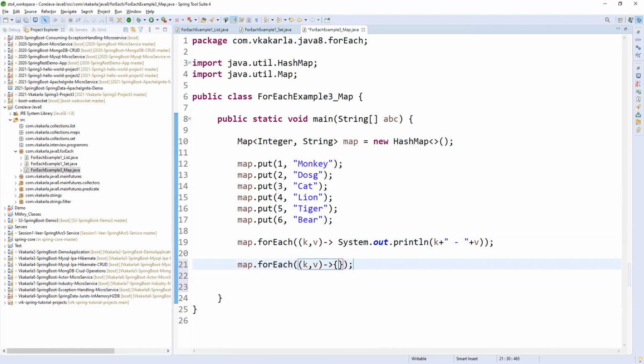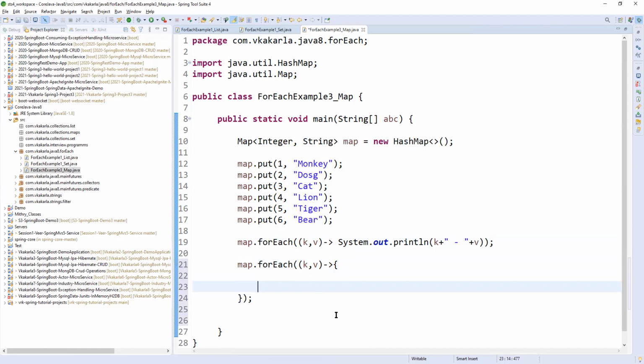We can open and close. This is the method body, so functional interface body. So now you can provide some key. So key in the sense k, right? Key is nothing but a key. You can write instead of confusing value like that. So here you can provide a condition.